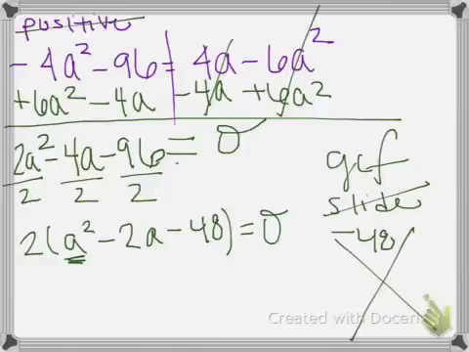On the ECA, you will not have to slide any problems that have equals 0 that you're solving. So we'll just focus on ones that do not involve sliding. This ends up being 8 and 6. And you need to have a -8 because that's the only way you're going to add